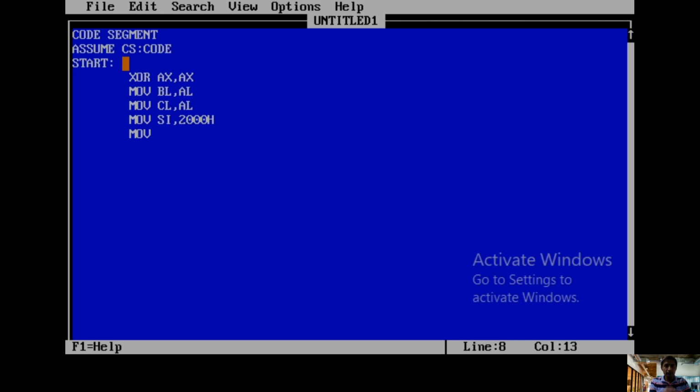Now here I'm not taking the CL register for this count, because for this particular rotation, and even for shifting, we should consider CL for count purpose only. That means how many bits we are rotating or how many bits we are shifting. For that purpose only we are using CL. That's why I'm using BL for the number of word selection. So how many words we need to rotate, for that I'm taking BL. MOV BL, [SI]. So what is BL? BL takes the 8-bit data from the 2000 location. So which data are we selecting? How many words or how many 16-bit numbers we should rotate. That count is present in BL.